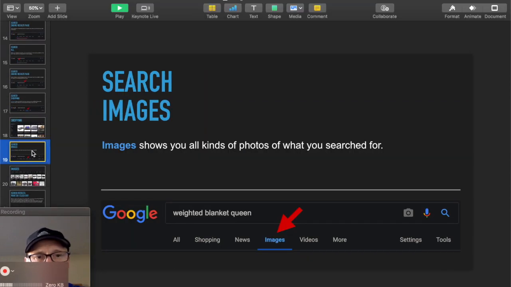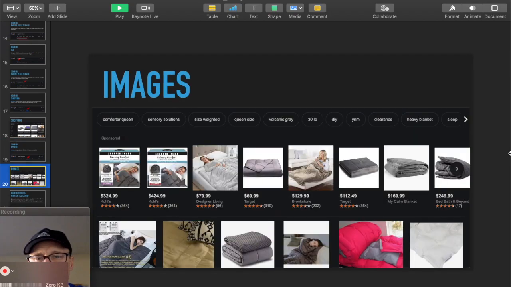So next we're going to look at search images. When we click on the search images link, that's going to show us pictures, photos of everything we look for. And naturally, many of these are from the same places where you can shop for them, because that's where images are normally displayed on shopping sites. But they're also pictures from everywhere. If you wanted to find out what something looked like and you weren't sure what that exactly looked like, you wanted to find out what a mandolin looked like and you weren't sure